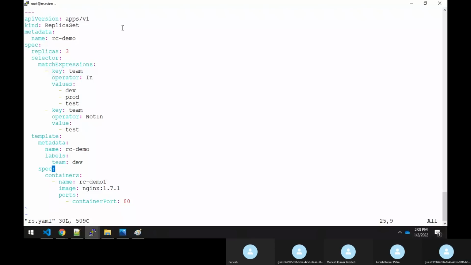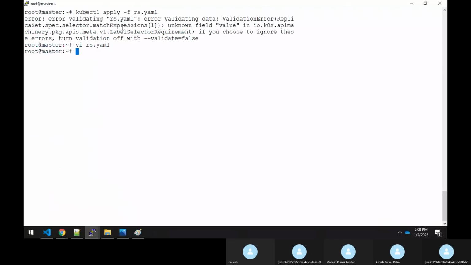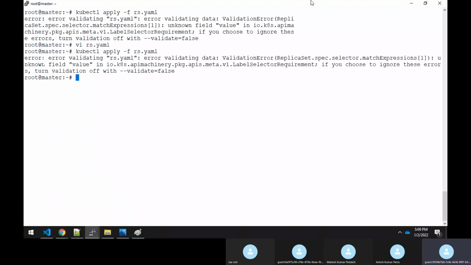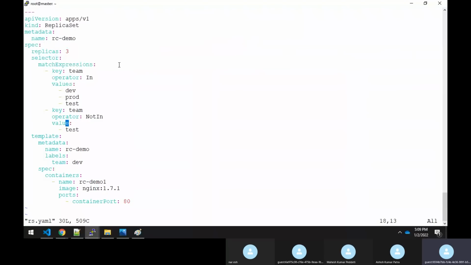Where's the mistake? API version, replica set, correct. Not sure actually what it is. Match expressions unknown field value. Okay, here it should be values actually. Okay, that's the mistake.